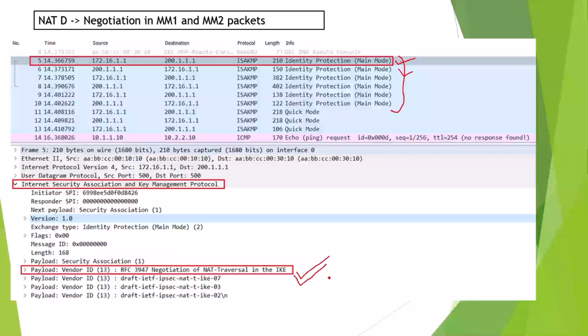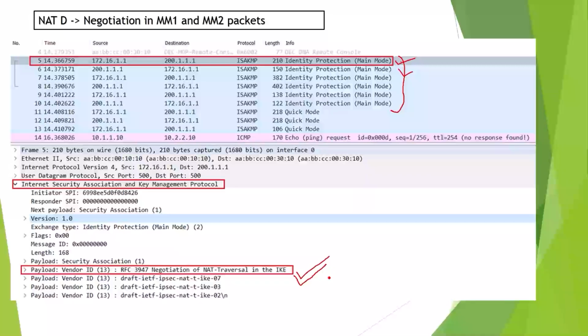That means to ensure that both parties support NAT traversal. So we would do this negotiation, we would check that. How would we do that? We would send a vendor ID string, that means a vendor identification string, to understand that yes, both parties are capable of supporting NAT traversal in case it is needed going further. So this is what is negotiated in main mode message 1 and message 2.